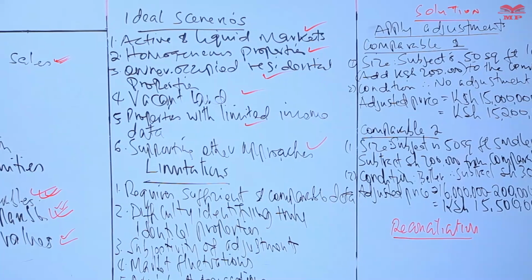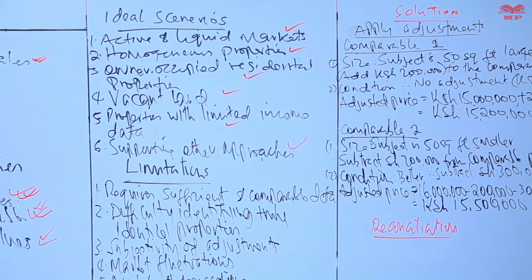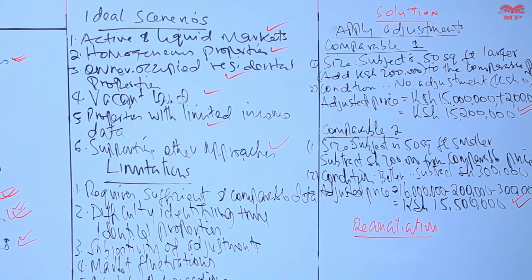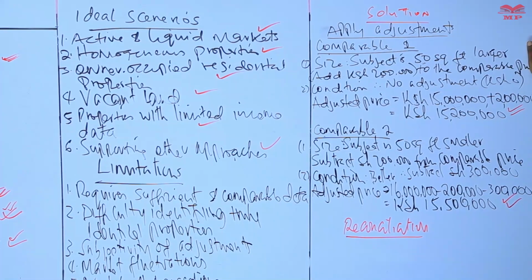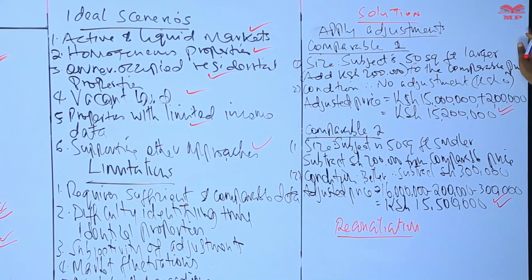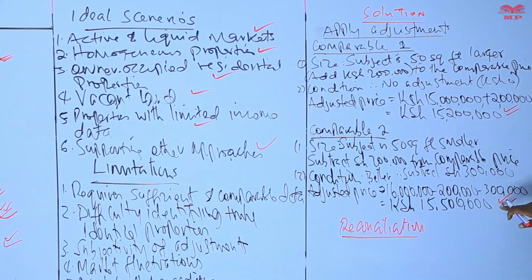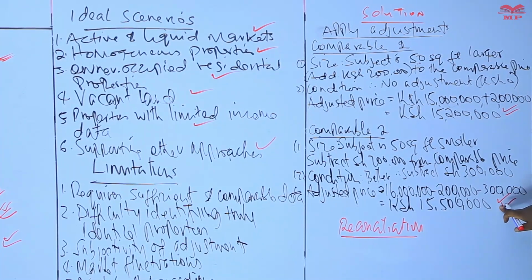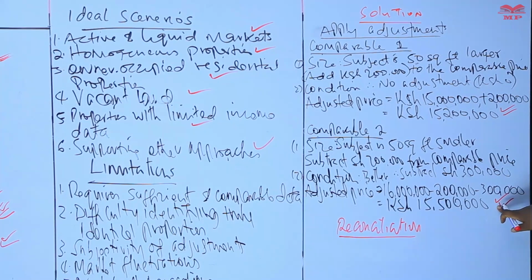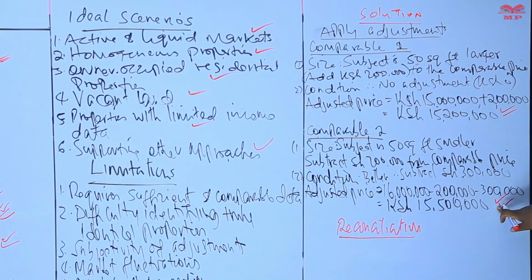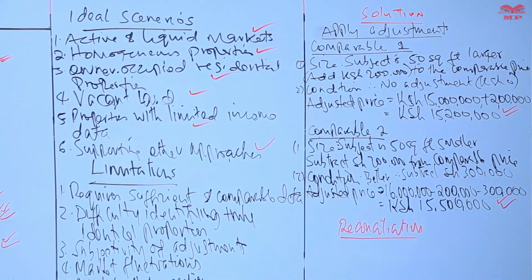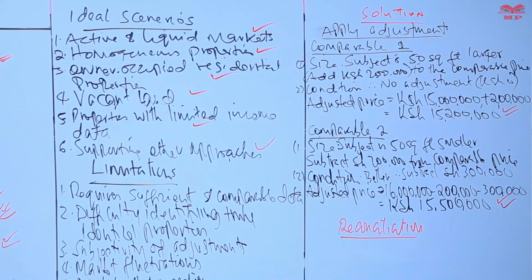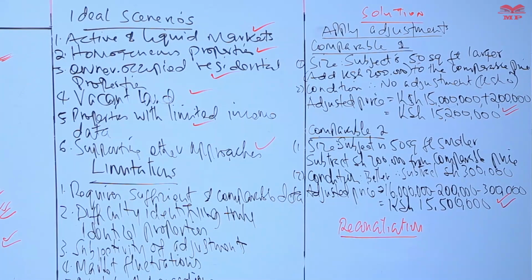Now we have two adjusted sales prices for comparable properties, property 1 and property 2, which is 15.2 million and 15.5 million. And since both comparables are reasonably similar to the subject, and even the adjustments are relatively minor,